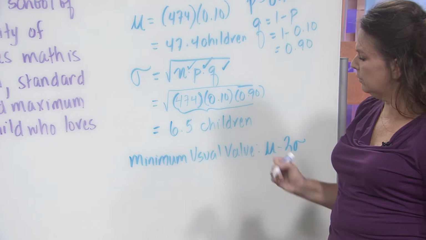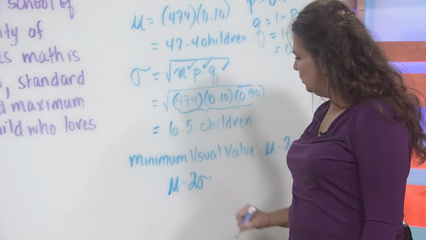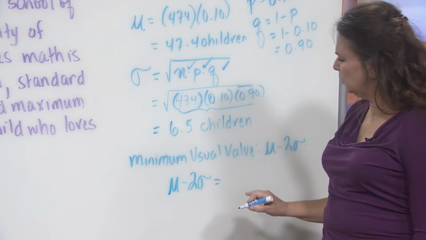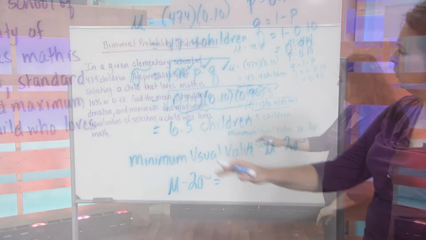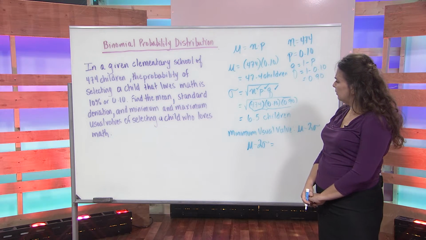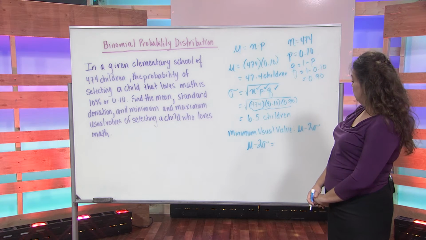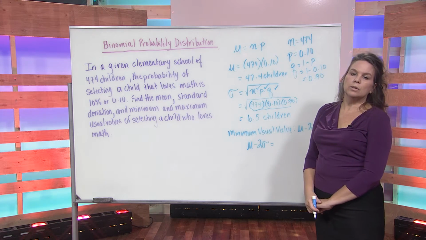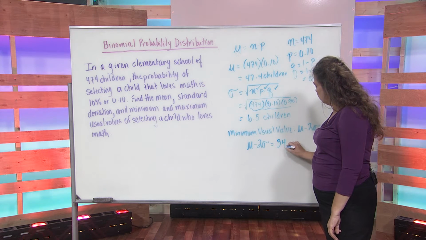We know what our standard deviation is. So the mean minus 2 times the standard deviation is equal to, now really we don't want to do rounding until we're at the very end of our problem, so probably for this standard deviation we want to keep that decimal number in our calculator. But if we do the mean minus 2 times the standard deviation, we're going to get 34.3